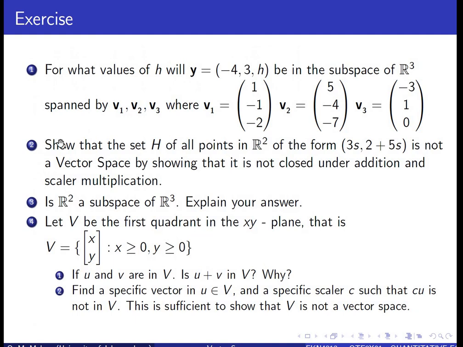And then show that the set H of all points in R2 of the form (3s, 2+5s) is not a vector space by showing that it is not closed under addition and scalar multiplication, right? So in order for this to not be a subspace of R2, it must violate these 2 properties. It should not be closed under addition and scalar multiplication. So what I do is